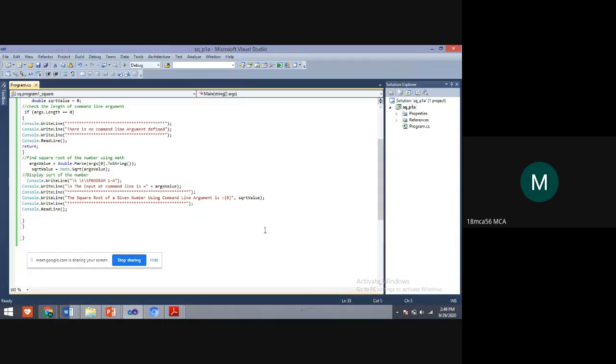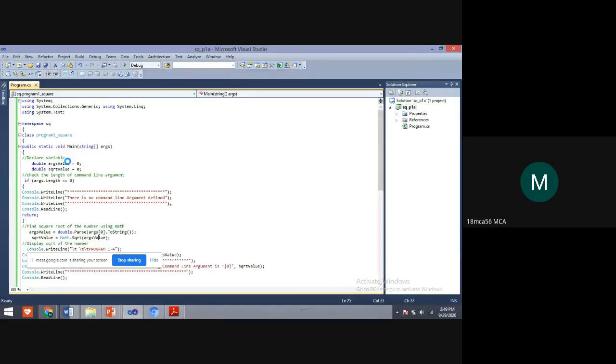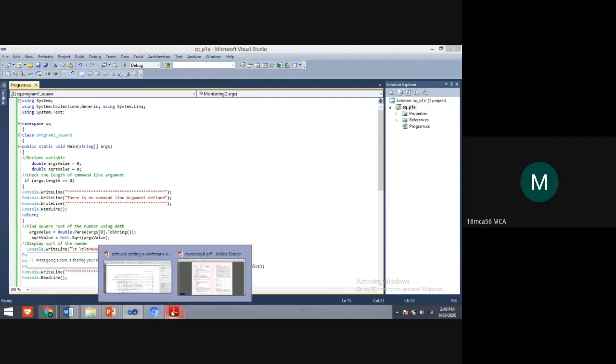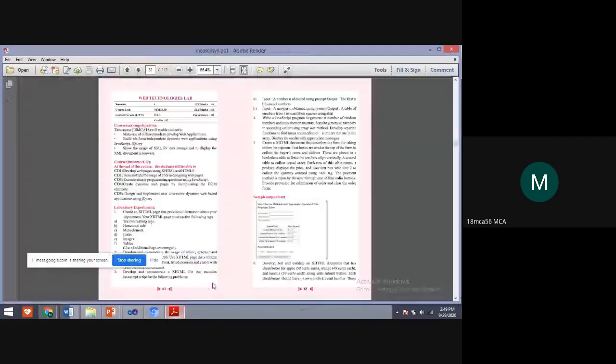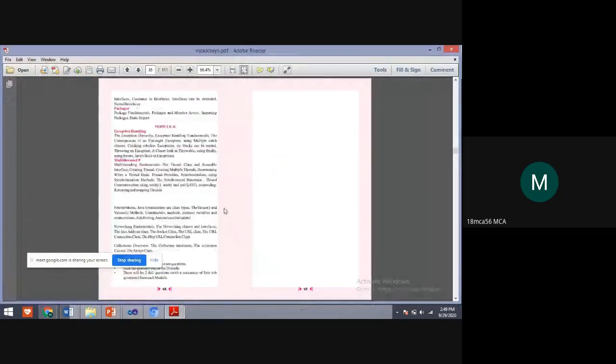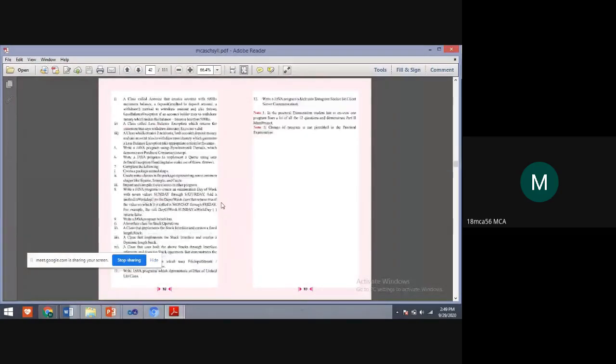Now, this is the 1A program. In the 1A program, we need to calculate the square root of a given number, but we need to execute it using a command line argument.